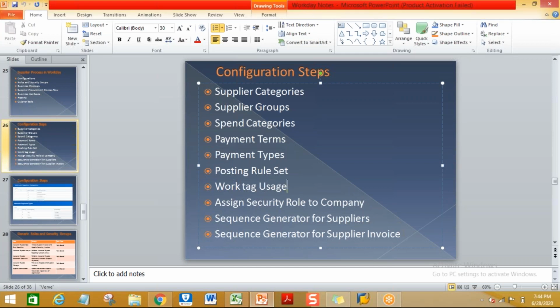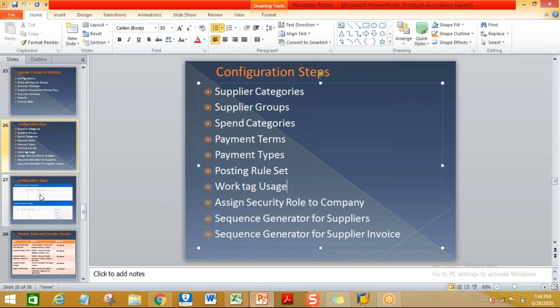So these are the list of configuration steps you have to maintain as a Workday finance consultant. If you go to any Workday project, these are the default configurations you have to maintain. You have to configure them to create the master data, and to carry out the day-to-day accounts payable related business transactions.